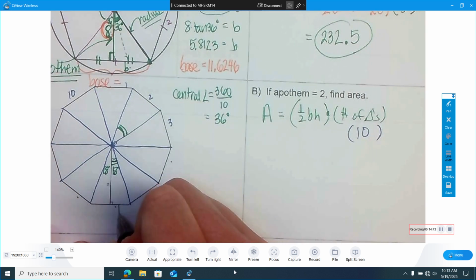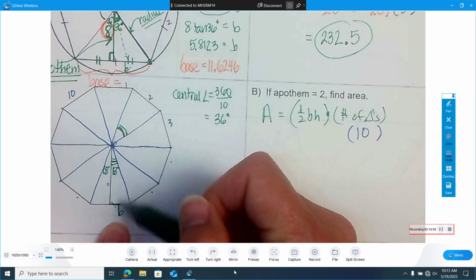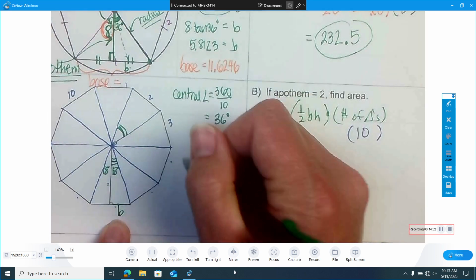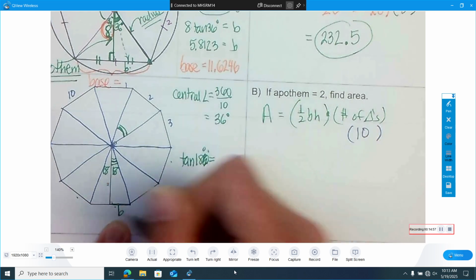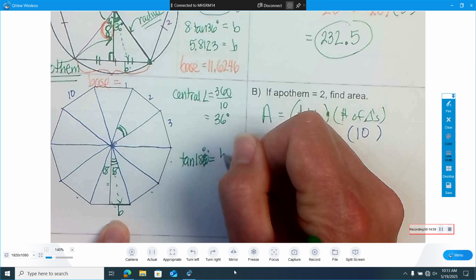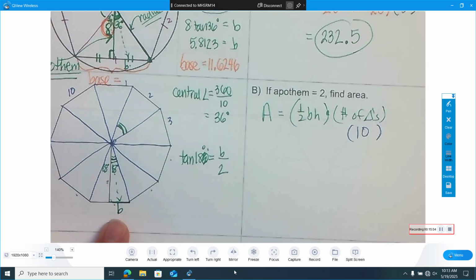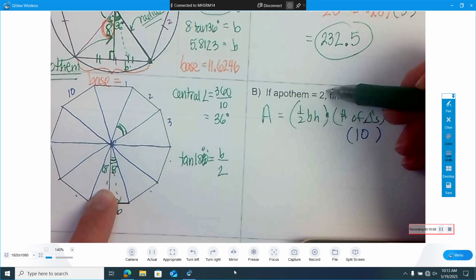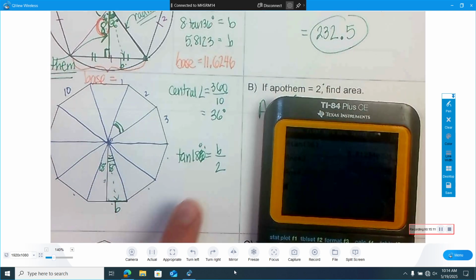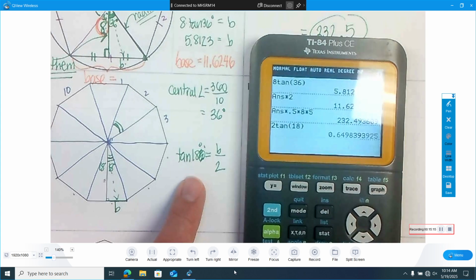All right, so I have my base here, which is just this little bottom portion. And what should I use to figure out that base length? Tangent. So tangent of 18 degrees equals opposite, B, over adjacent, because our apothem was 2. How do you get 2? They gave us the apothem. They gave us the 2. Yep. 2 times the tangent of 18 degrees is